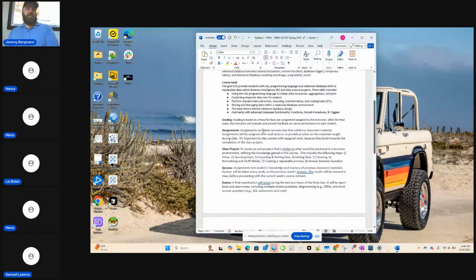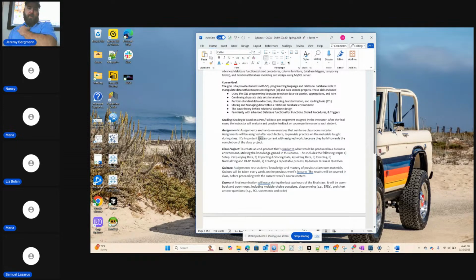So assignments themselves, we will have one of those after every class except for this first class and the 7th class and the final week. We won't have an assignment that week because we'll be finishing up the class project. Plus the assignments build on each other. As you do them, each one of them builds towards the completion of the class project. So I'll structure each one so that if you do each one of the homeworks, you'll be pretty much there for completing the class project at the end.